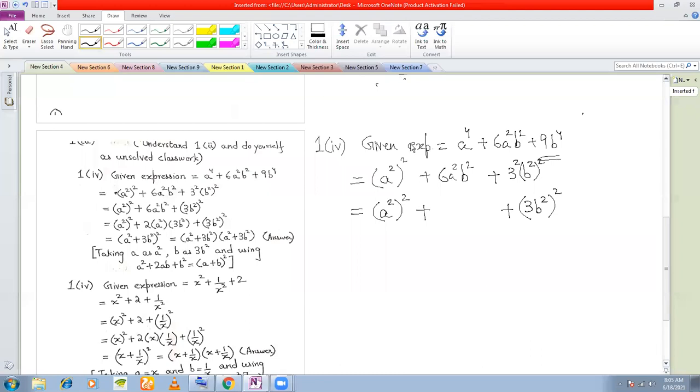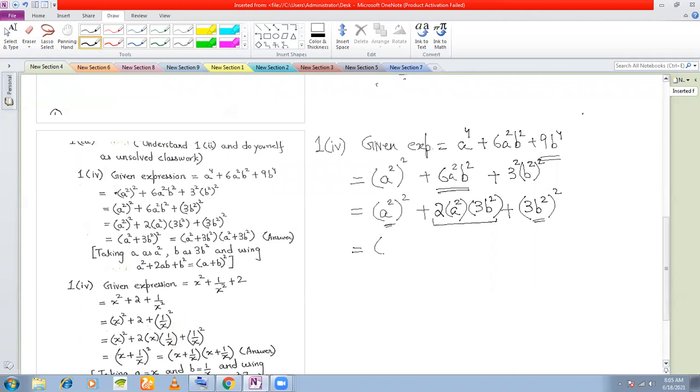So we have got our a squared term. Okay, this is our a squared term. This is our b squared term. Now we check whether this is our 2ab or not. So what we do is we write 2. A here, if you see, a is a square here, and b is nothing but 3b square. Okay, we write 2ab. Now we'll see whether we are getting 6a square b square or not. Yes, we are getting 6a square b square.